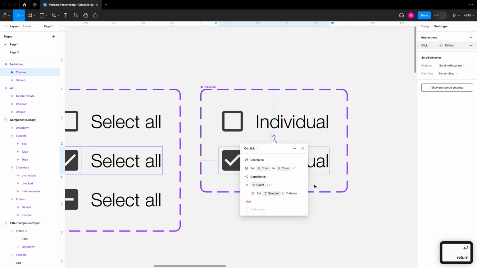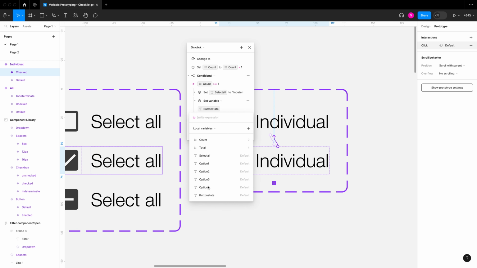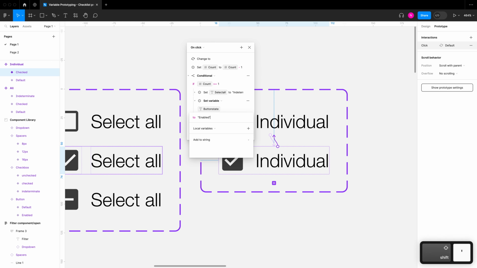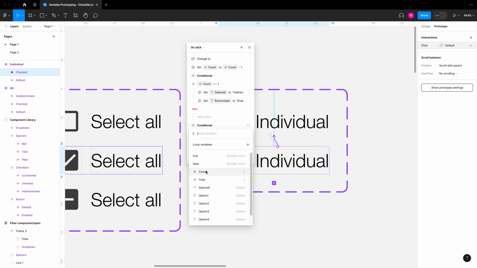Same thing, again, we want to add another variable. Let's drag this up a bit. We want to set our button state to be enabled. And then set condition. So last time we had if the count was equal to total, but now we're only minusing. If you're doing a minus, it will never equal the total because you're always going to be less than the total. So if the count equals 0,